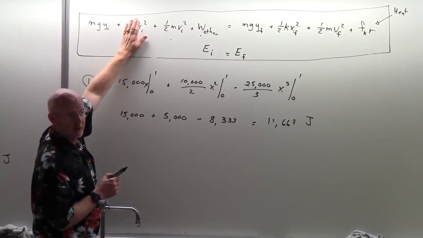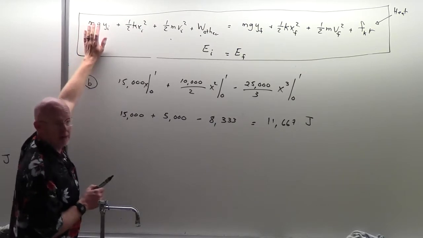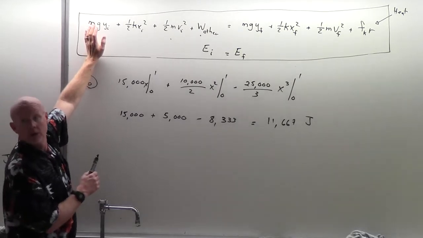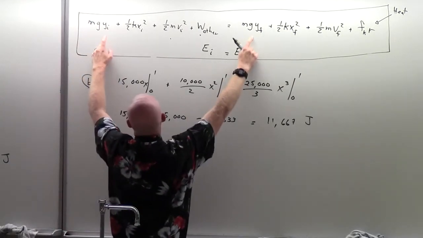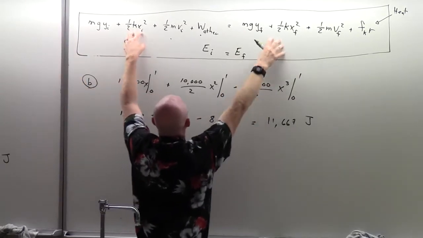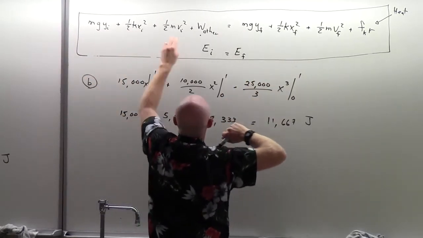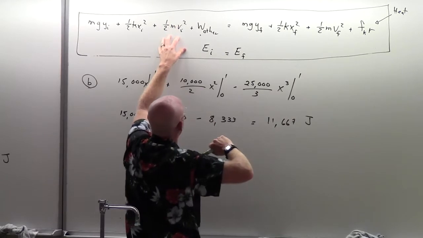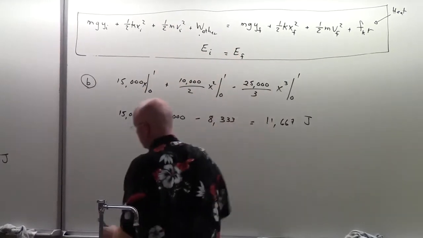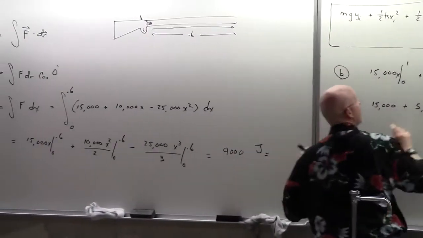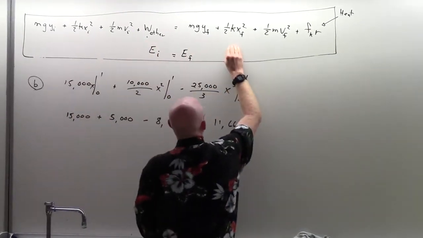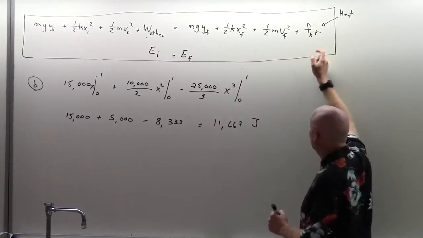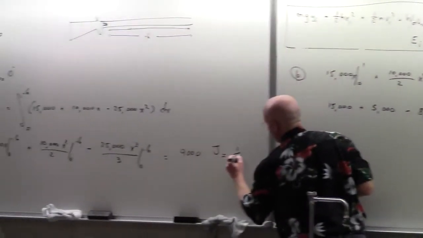There's no springs. Maybe the author doesn't do it because he doesn't say whether you're firing it up or down or horizontal. Let's just say we're firing it horizontal. So if you fire it horizontal, those are the same. We can cancel them off. There's no springs. I won't have to worry about that. There is no initial speed. Okay, so that term can go away. And so out of this whole equation, this 9,000 is right there. And on the other side of the equation, the only thing I have to worry about, again, if we don't worry about the friction as it goes down the barrel, is to say this would have to equal to 1/2